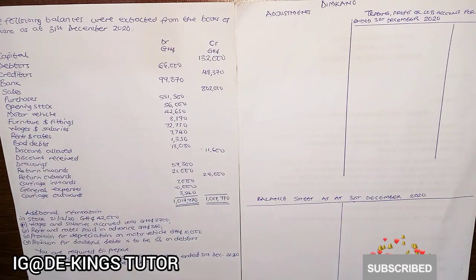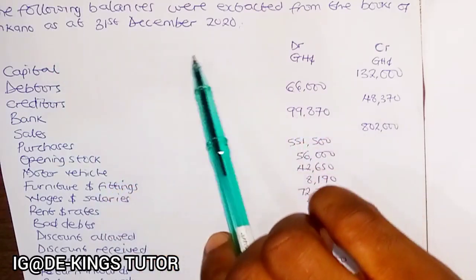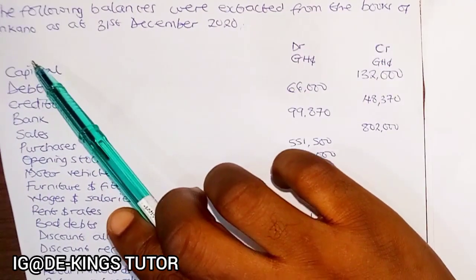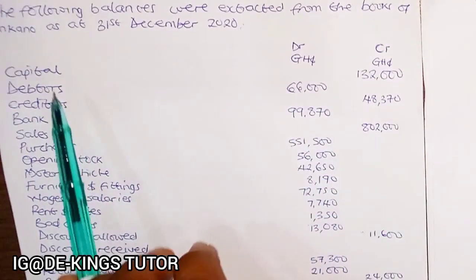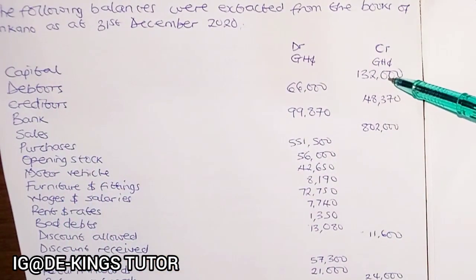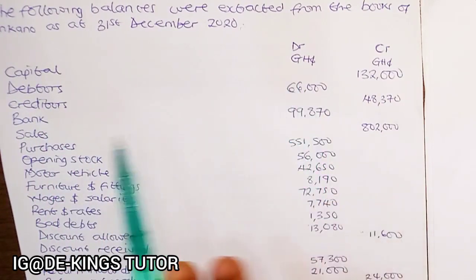Now, I want to see a question that relates to trading profit or loss account and balance sheet. Okay, the question reads thus: the following balances were extracted from the books of Dim Kanu as at 31st December 2020. We have capital 132,000 Ghana cedis, debtors 66,000 Ghana cedis, creditors